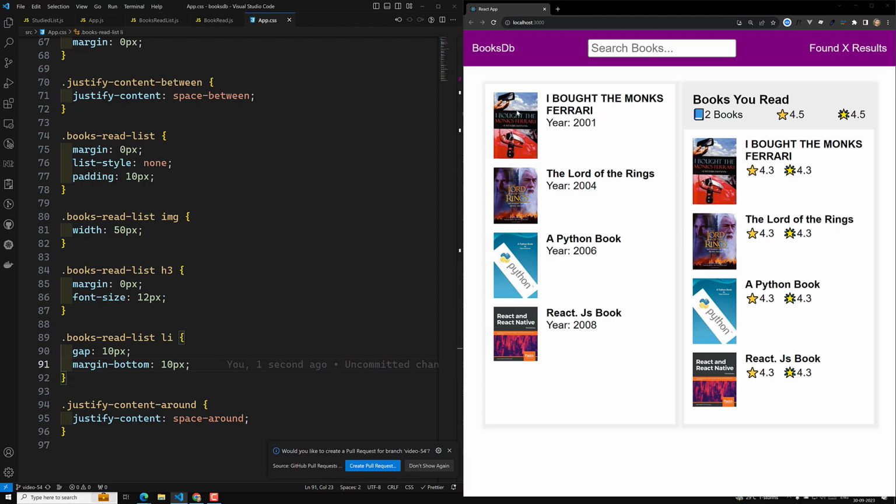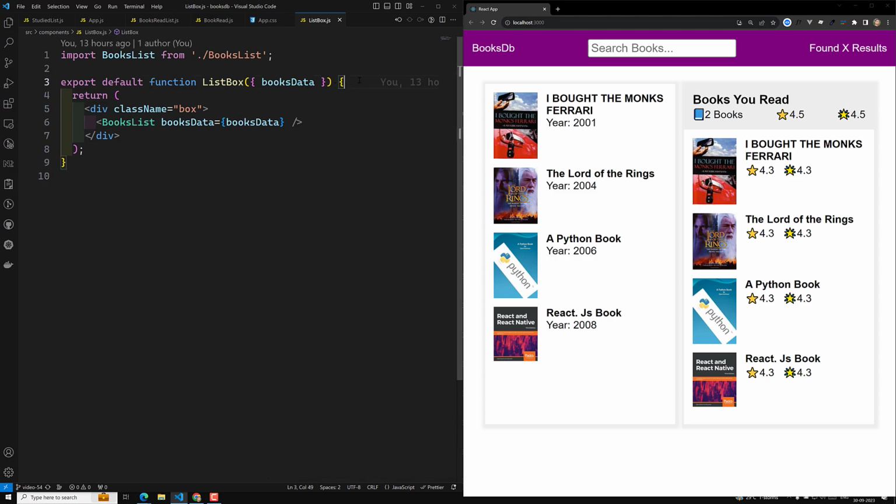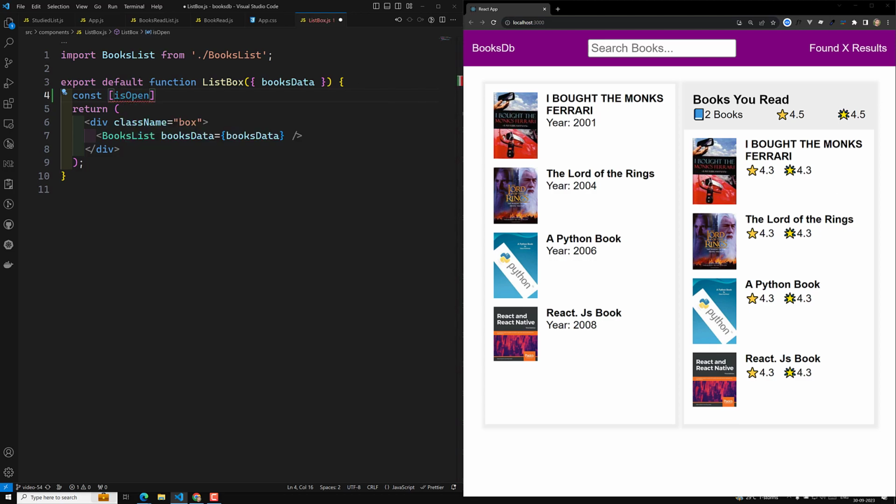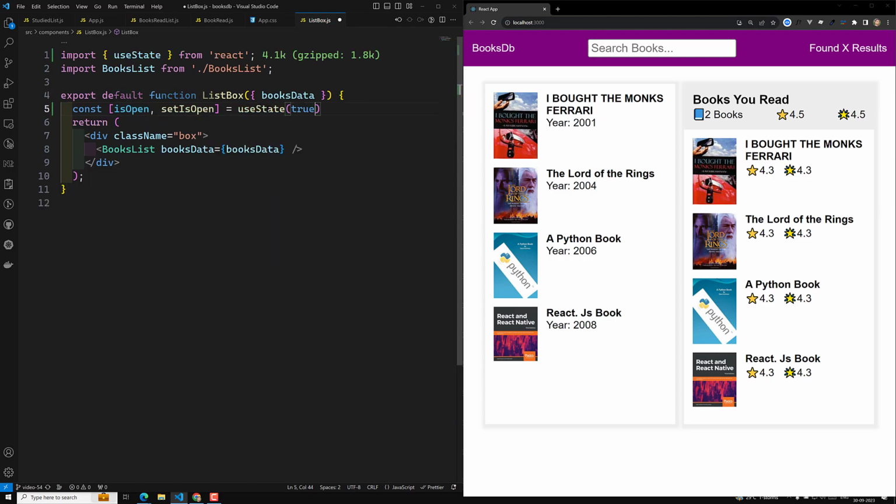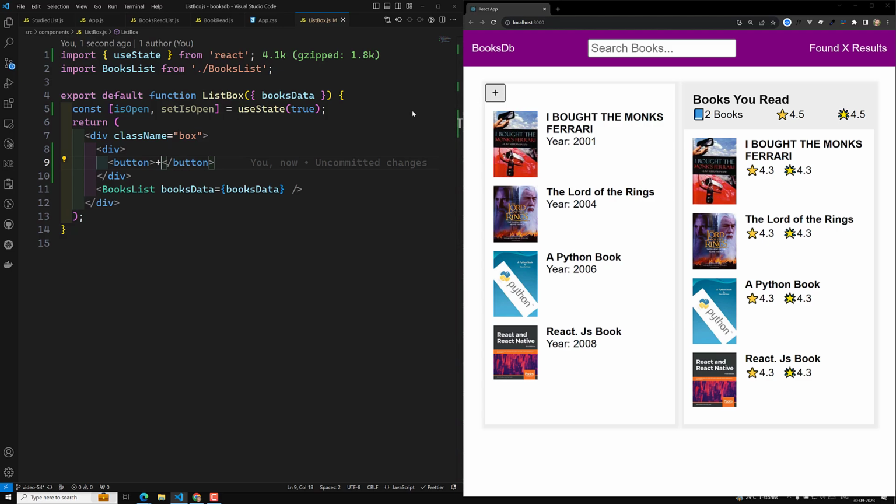Now in this video I will try to implement another option. Let's say that when we go to the list box, I am trying to write in the list box here. So I will be keeping one variable, that is isOpen, and I will have setIsOpen equal to useState. I'll have it true by default. In this box I will have one button. So I want to show it, so plus, so we will be showing this button. I will be having something like className equal to